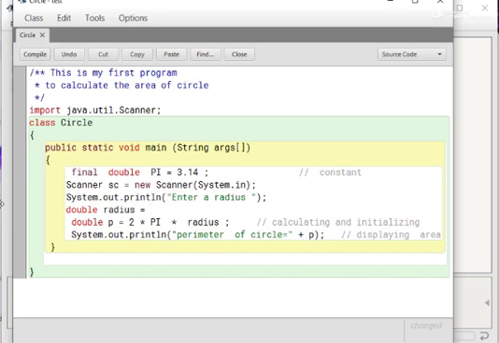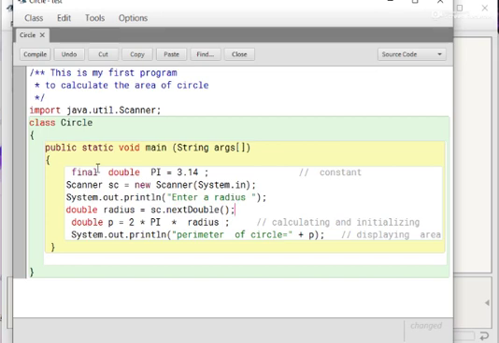To receive the value, we use the same object that is given here, sc. We write sc dot, then from the list of functions, to receive the value in double format there is a method nextDouble, in which the D is in capital letter, others are in small letters. Now you have received the value of radius.